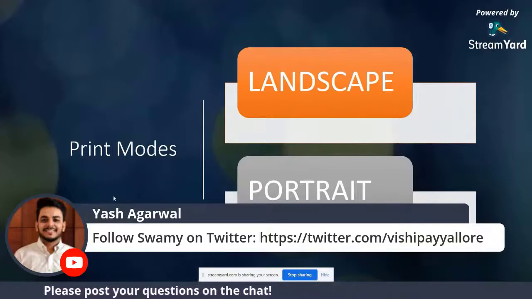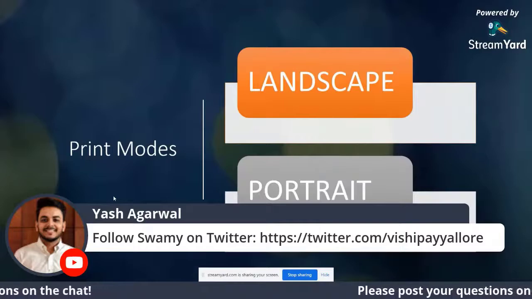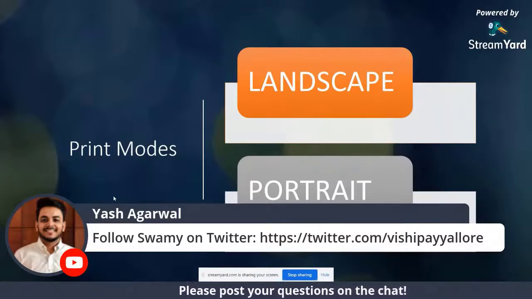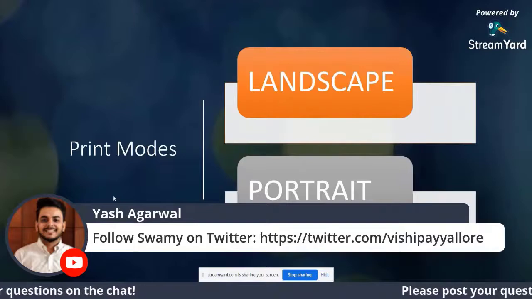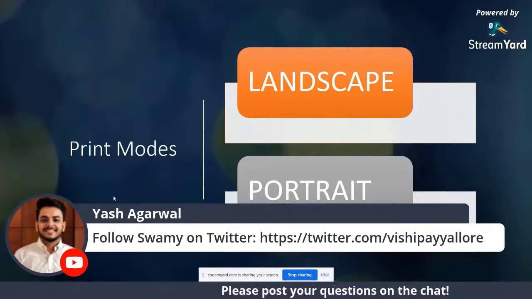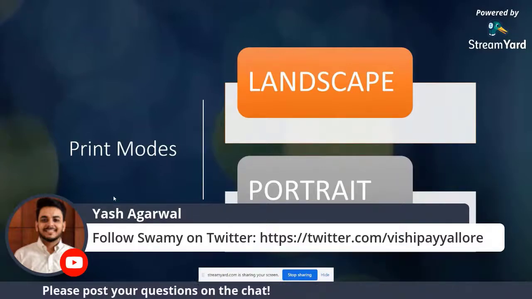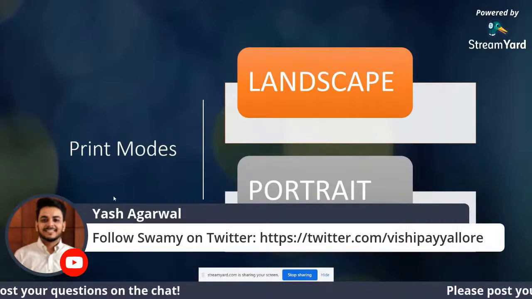So how this works is, as I mentioned earlier, we have a Print function, and the other option is directly adding screens in your application. If you go to New screen, then we have two options, landscape and portrait. It will display a new screen which already has the print button available in it.